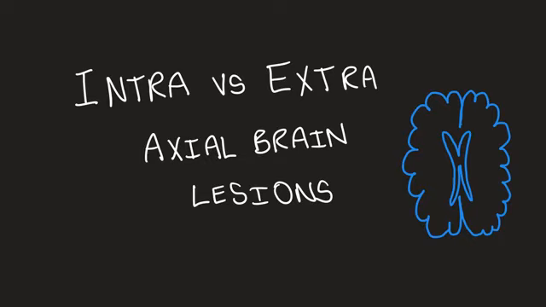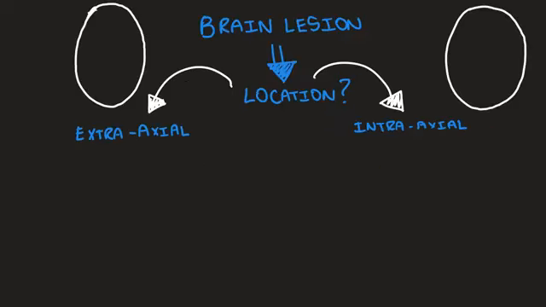This video is a really short and simple video to tell the difference between an intra and extra-axial brain lesion. The reason why this is important is it helps to narrow down your diagnosis. Extra-axial lesions originate from the covering around the brain, whereas intra-axial lesions occur actually in the brain, so they are